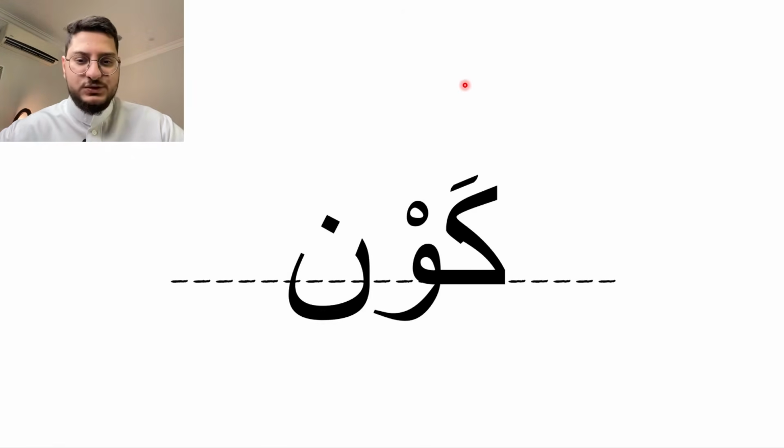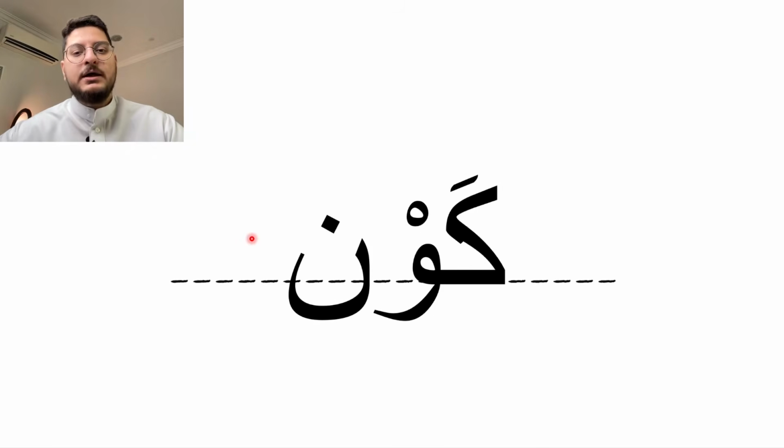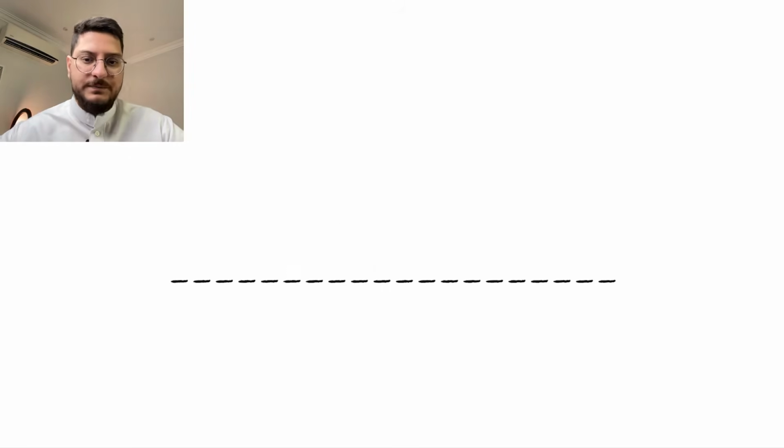Another example would be this one. كون, which means a universe. How do you think we pronounce it? Again, think of لون and think of the other word we have seen, which was ثوب. So ثوب and لون, and كون, which is a universe, كون. Another one,